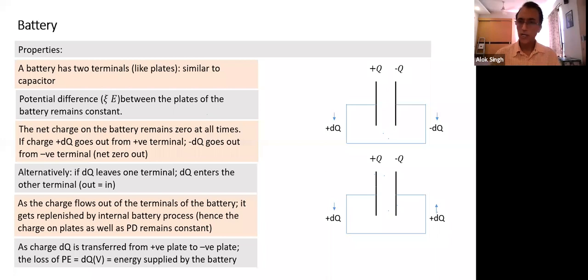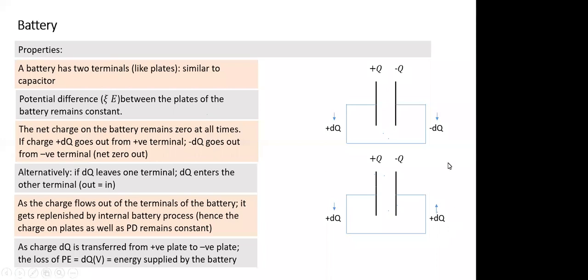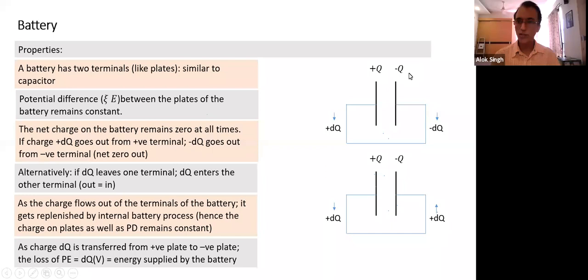By bringing a test charge near the battery. The field outside the battery is zero. So when I bring a test charge outside the battery, I find it doesn't experience any force. It's an indication there's no field here, so the net charge is zero. But if somehow you could take the charge inside the terminals of the battery, then you would experience force, which you are not able to because the battery is closed. So, any other question?